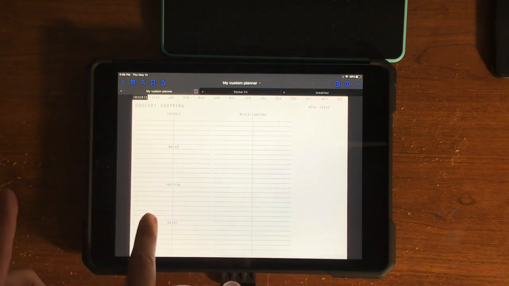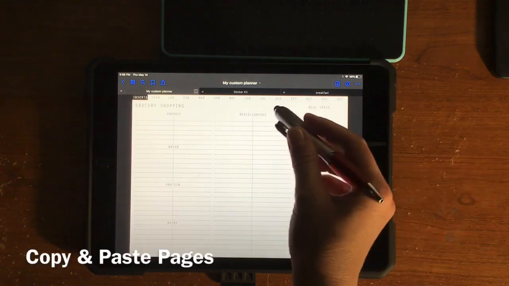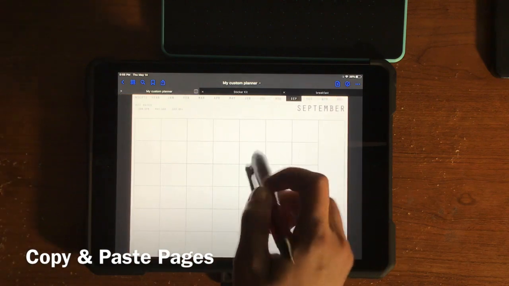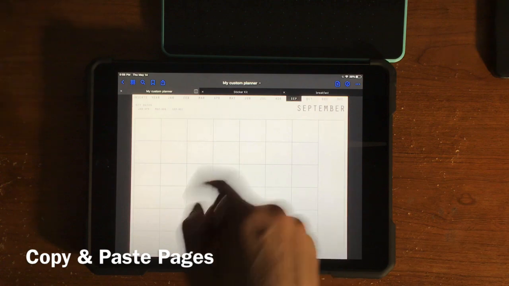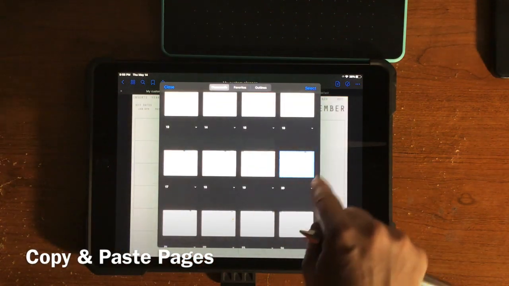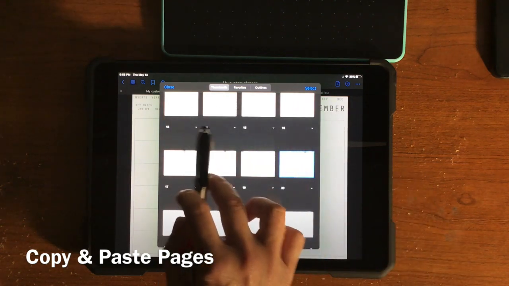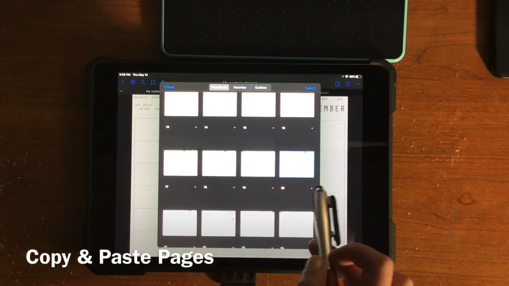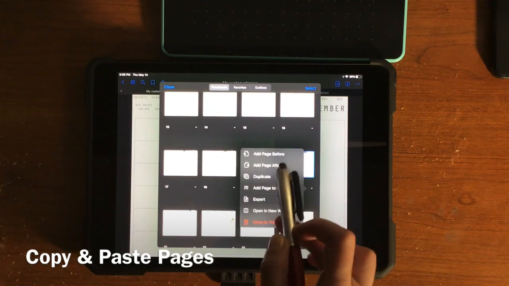Now go to the place in your planner that you want to copy that page. So I'm going to go, just say to September. And I'm going to paste it behind the September page. So while I'm on the page that I want to paste it behind, go to the 4 square again. And it put a little box around the September page. And you'll notice every single page has a little caret drop down. You're going to tap the little caret drop down under the page that you want to copy behind, and I'm going to add a page after,